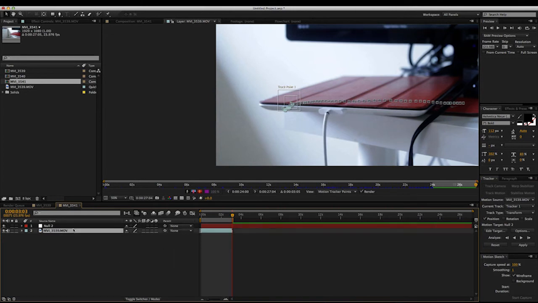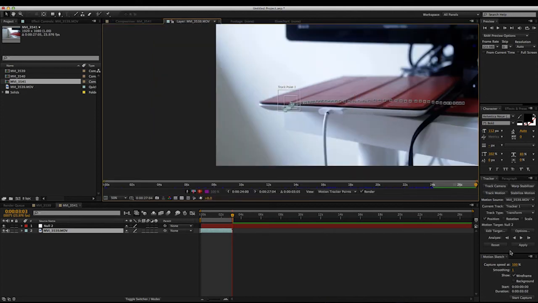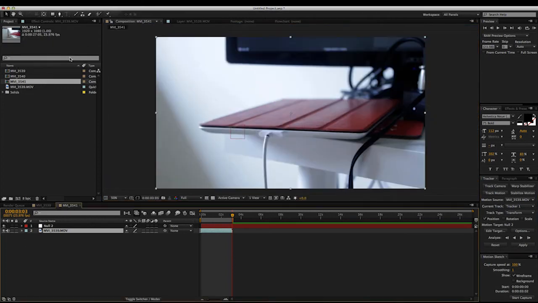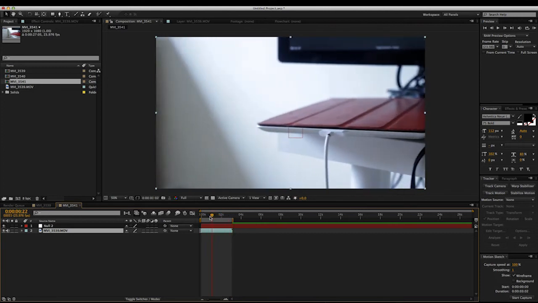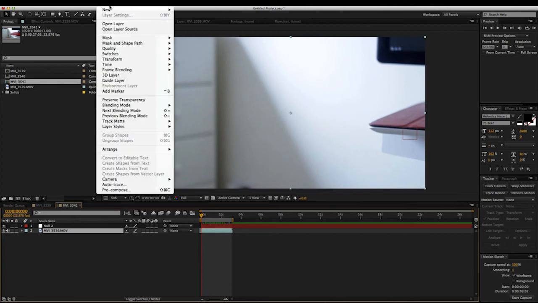Now we want to come back to the composition. Oh yeah, now we need to click on apply, which I didn't do. Whoops. Apply. And yes, we want an X and Y. There you go, you have your track point. You can see that null object. Now what you can do is you can add text. I'm just going to set up a simple element,